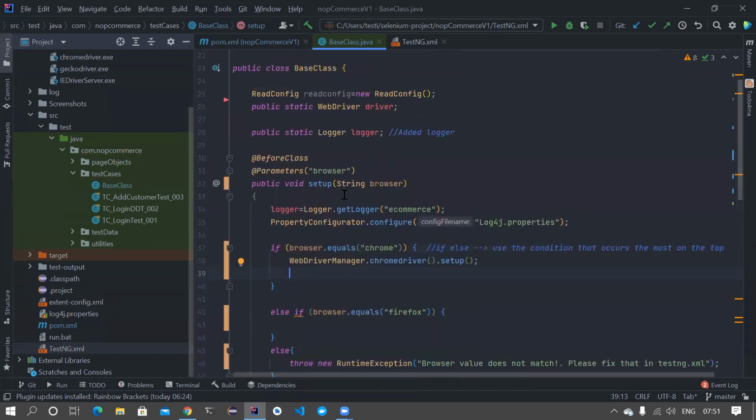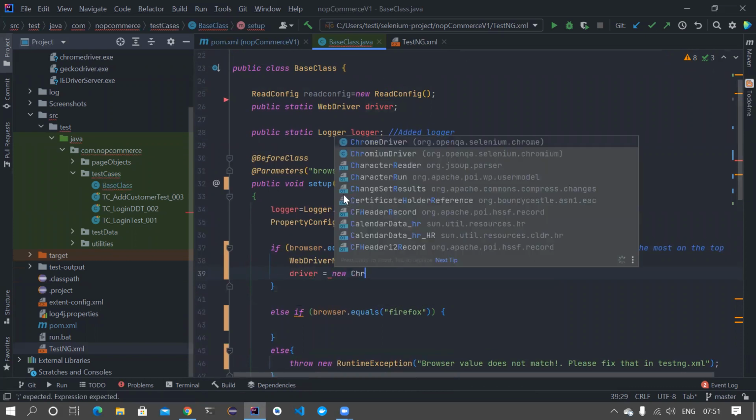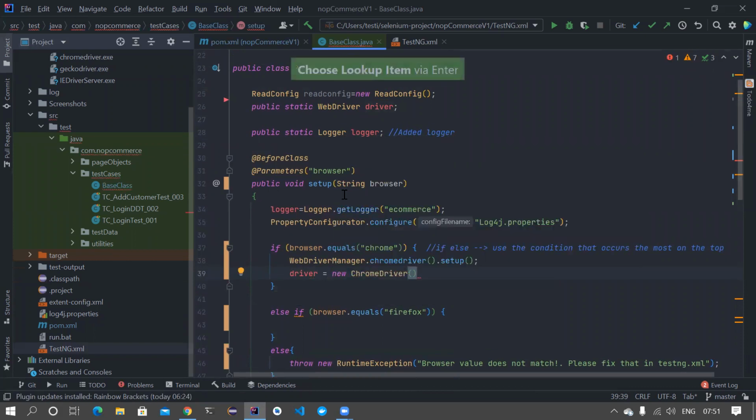Now, they may have driver, right? So they have the driver variable, new ChromeDriver. Again, they only have this static driver, so this might not be working in a multi-threaded environment. We are still understanding how this framework works.